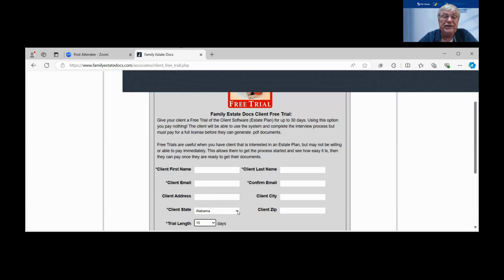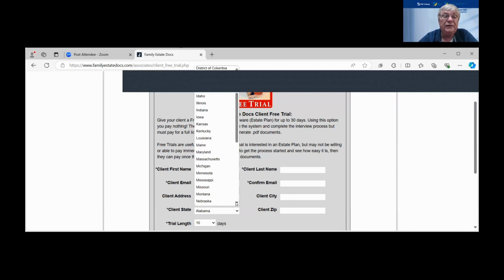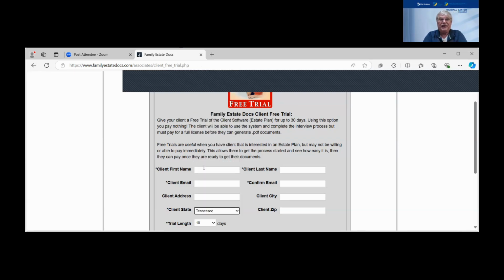And again, you can change the state that you want to use. And we'll go in here and say, okay, Tennessee. And see how easy it is to change this. Do not be afraid of this software. So now when you send that,